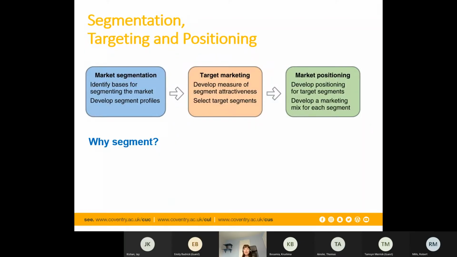So in marketing, there are so many potential people that we could go for. If we were to go for all of them, it's called a scattergun approach. We're just going for anyone that wants anything, and it's not an efficient use of our time or energy. So we need to be really careful about how we use our resources as effectively as possible.